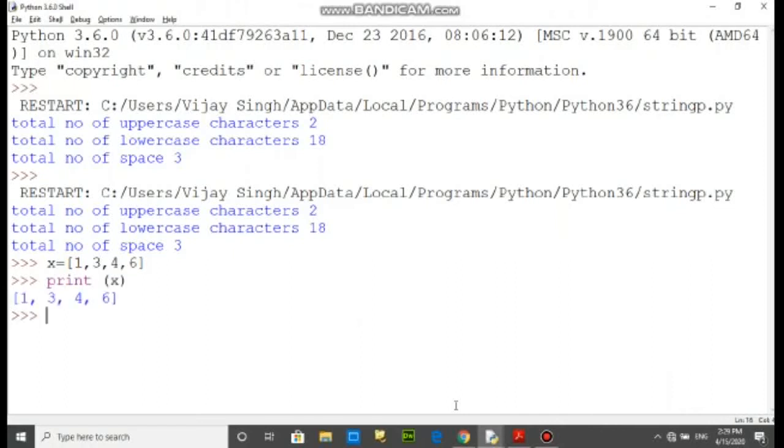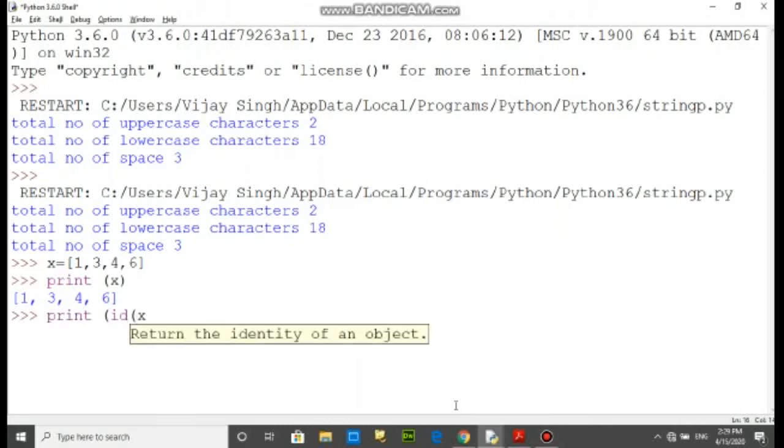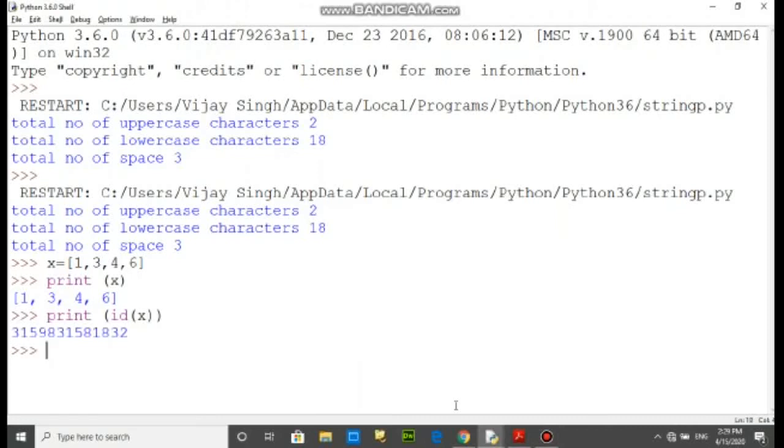So this is the list content, and you can also modify its content because this is a mutable data type. The starting ID value is this, and if you are changing,